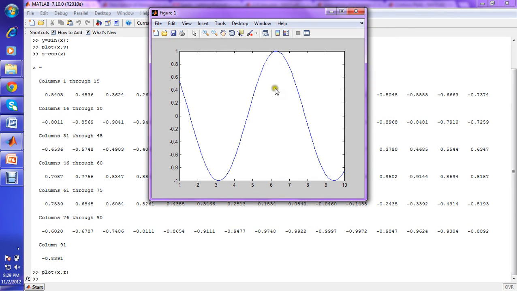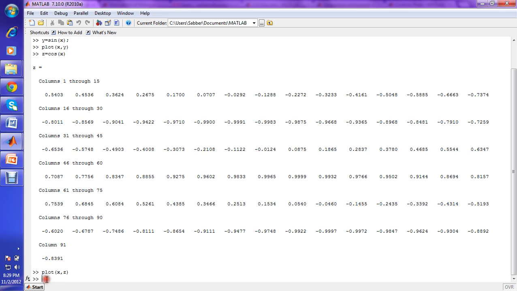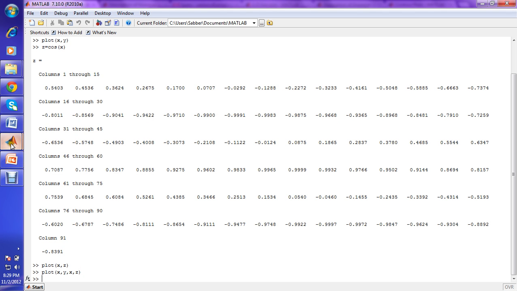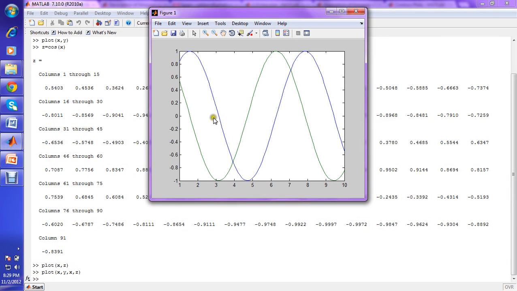the cos function. Okay, but if you want to plot both functions together, how can you do that? So plot x comma y comma x comma g. Okay, then we'll get two plots here. Yeah, this is a two plot, but we do not know which color indicates which